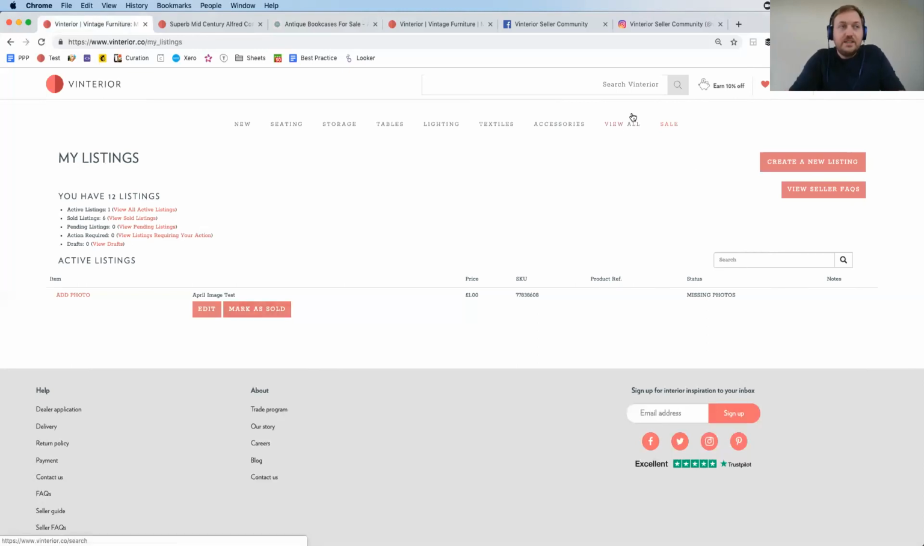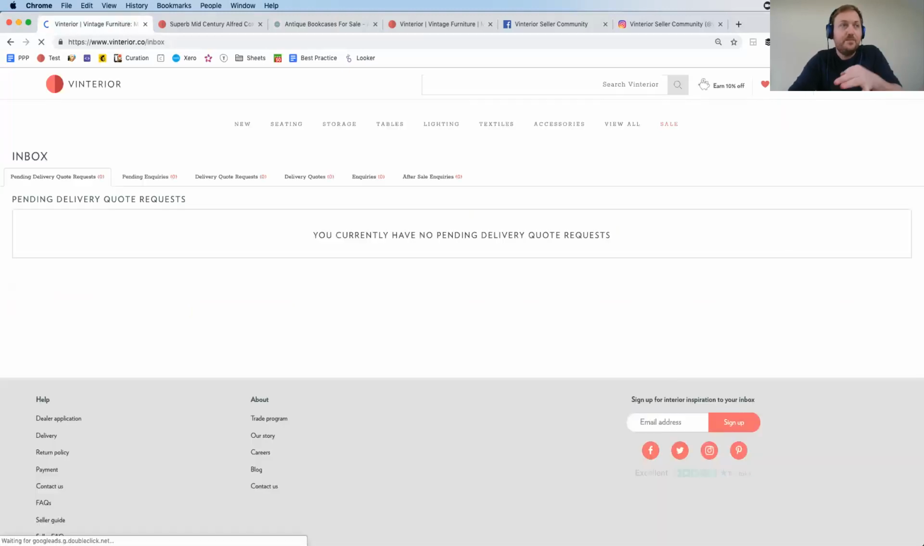Now, once you've started listing things on Vinterior, hopefully inquiries are going to come in. You're going to get sent emails from Vinterior whenever you get a new inquiry or a new delivery quote request, and we house all of this information within your inbox. So the URL is /inbox. There's this messaging button here at the top of the page, which you can click on, and that will take